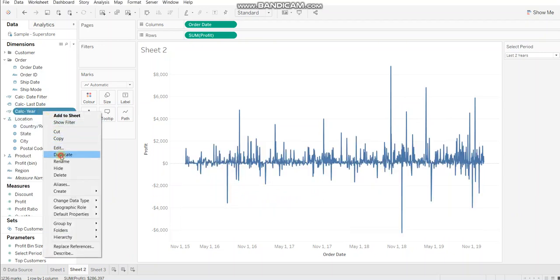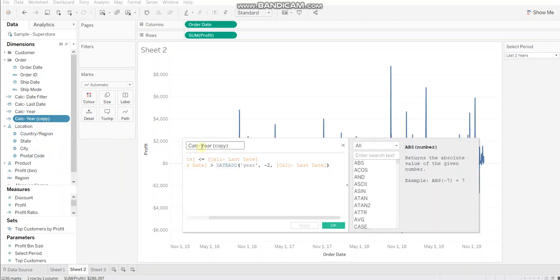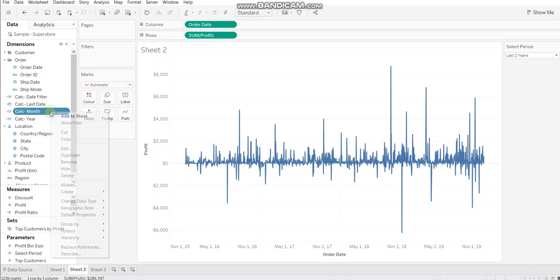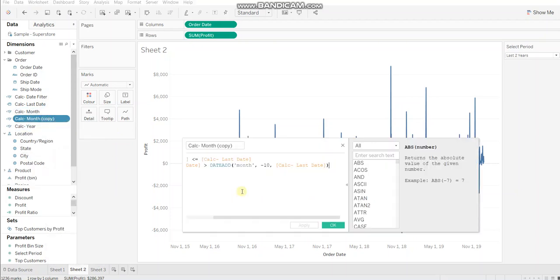Now I'll duplicate this and create a similar calculation for month. So let's name it as calc month. Change the date part to month and interval to 10. Click OK. Again, create a duplicate and we'll customize this for week.